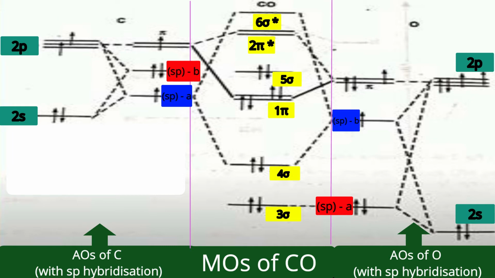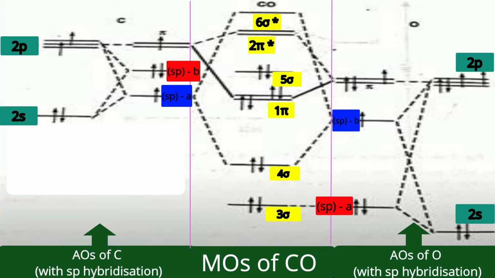Those are separately represented. And those pi orbitals will interact with the pi orbitals from what? The carbon, to produce a bonding pi orbital, that's one pi set, and an anti-bonding pi orbital. From oxygen, the lowest orbital, here we are finding spa. It has a lone pair and it has no suitable orbital to interact from carbon, so it will remain non-bonding. This is the explanation given by Coulson. The hybridization model is adopted in order to explain the bonding.